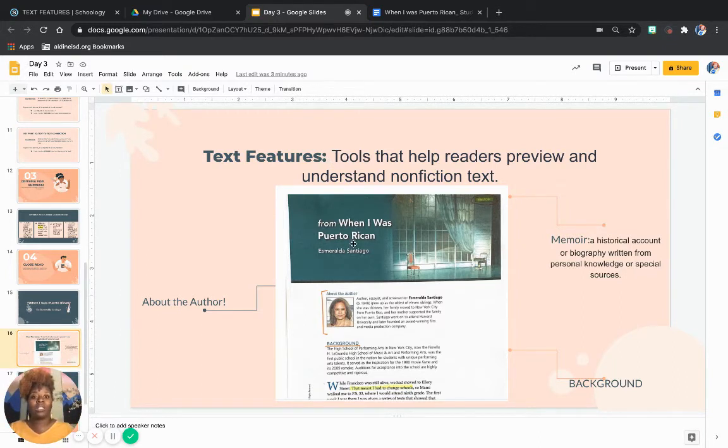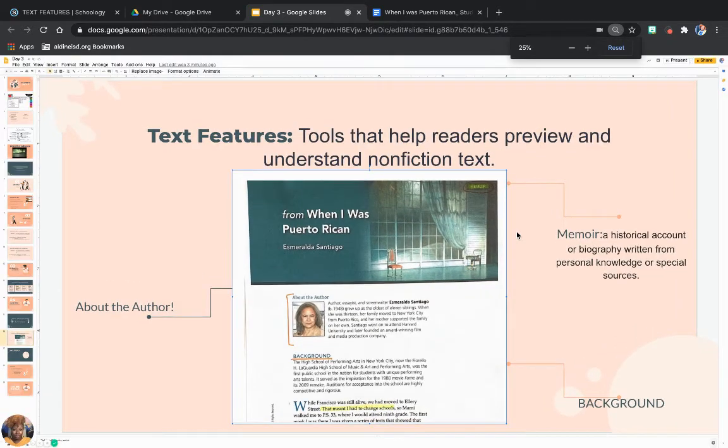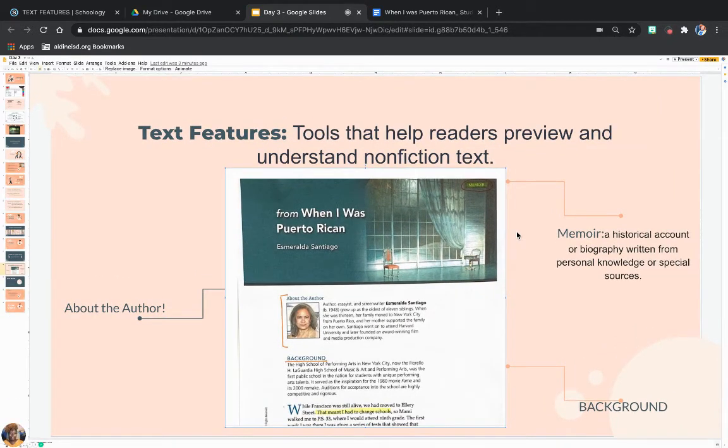And so this text in the actual virtual textbook gives us those sneak peeks into what the story is going to be about. The first thing that we see is that it's a memoir. And let me see if I can make it bigger so that we can look at it a little better. All right, here it is.